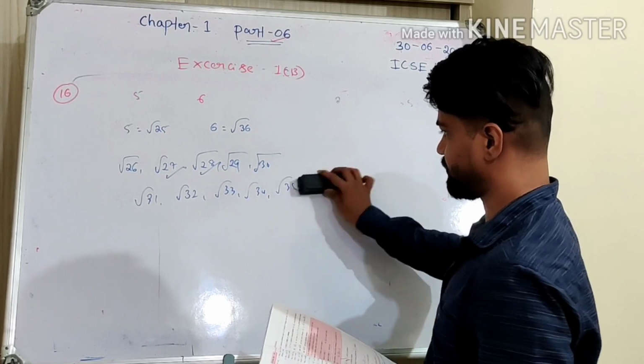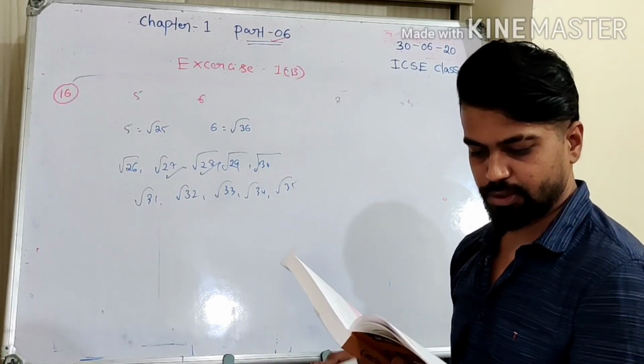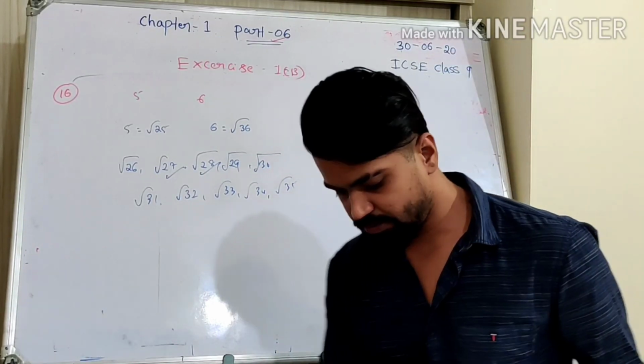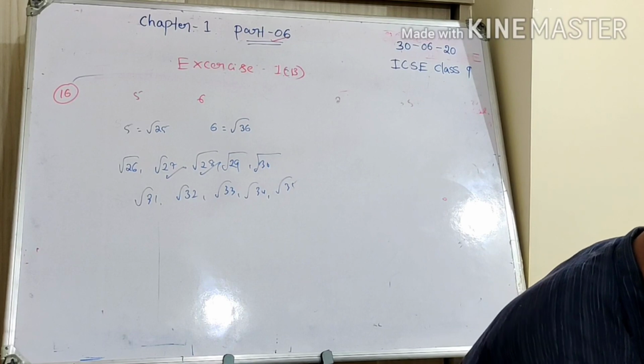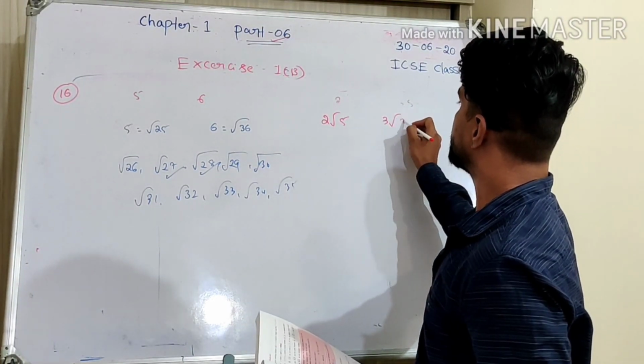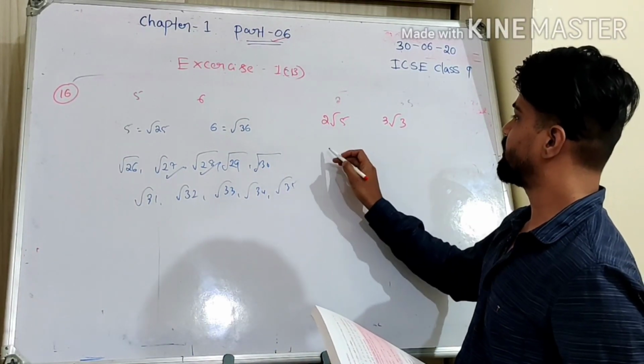Seventeenth question. Insert 5 irrational numbers between 2 root 5 and 3 root 3. Between 2 root 5 and 3 root 3. Again, what will you do? Let me take the numbers inside the root first. So what happens is,